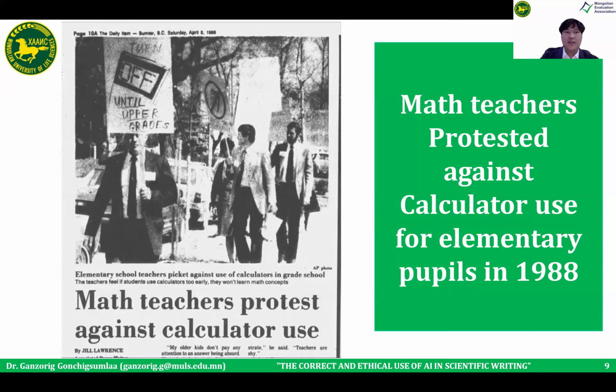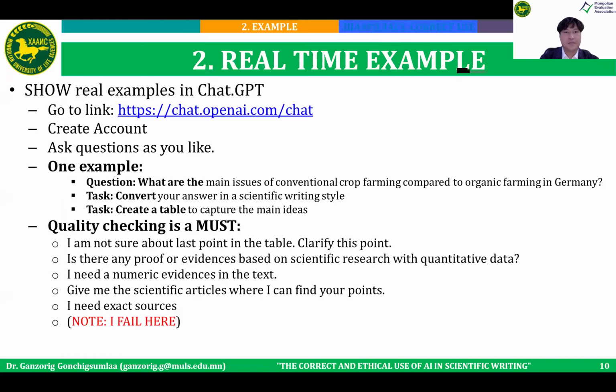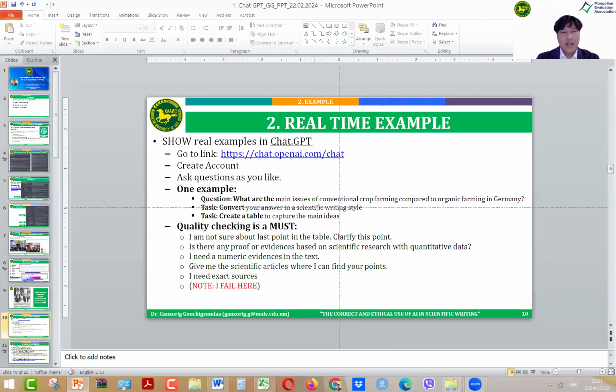But if people get older and already know how to calculate by hand, and then start using a calculator, then it's okay. It's the same for people to use AI correctly and ethically, to save some time and to increase productivity. So I prepared some real-time examples, and this is really to show you how I fail